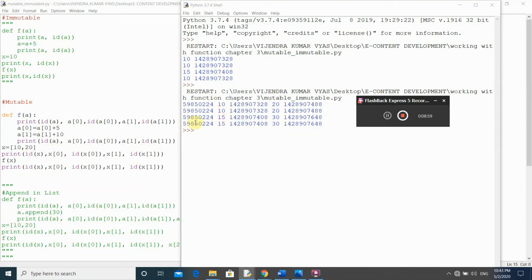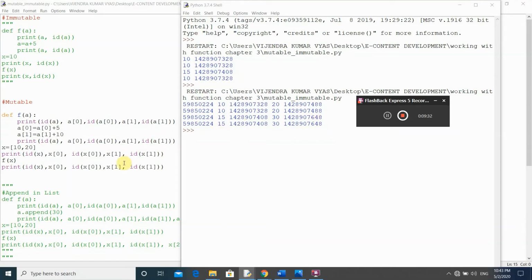From this printf statement, the values were 10 and 20 for x of 0 and x of 1, but here the values are changed for x of 0 and x of 1, as well as the addresses of x of 0 and x of 1, both are changed now.